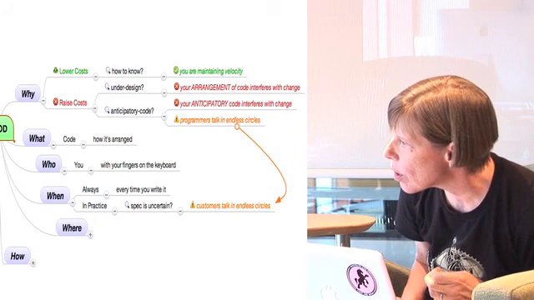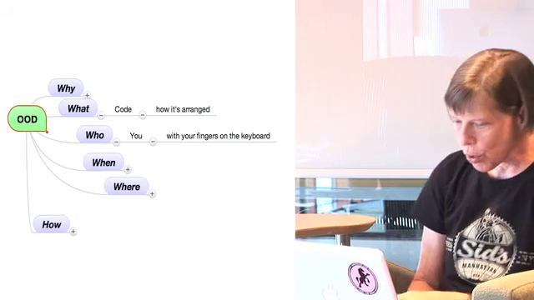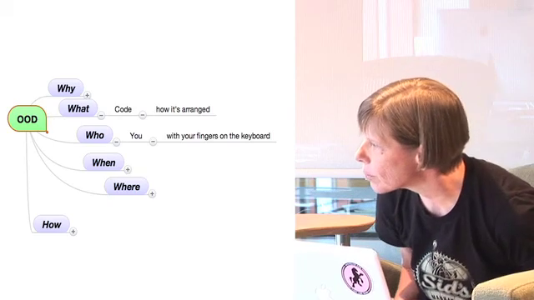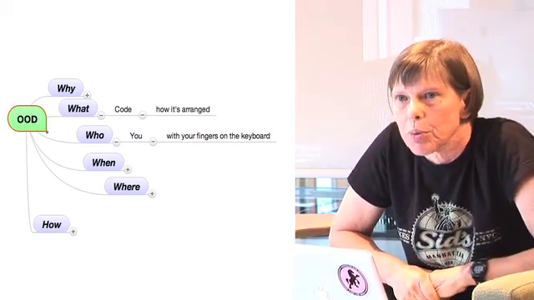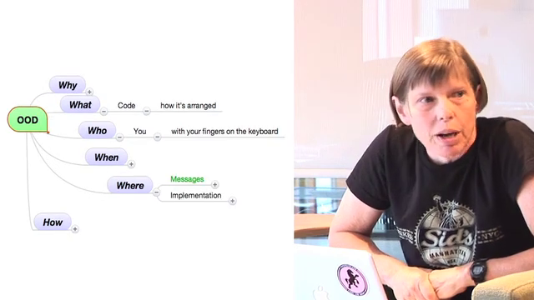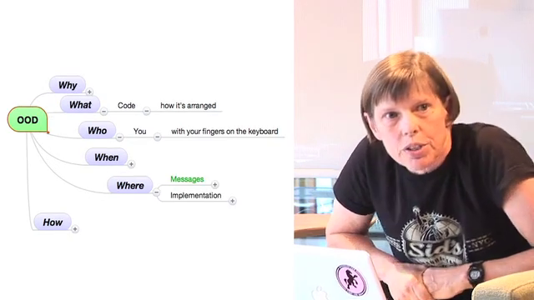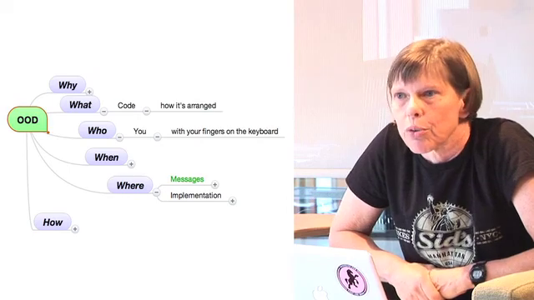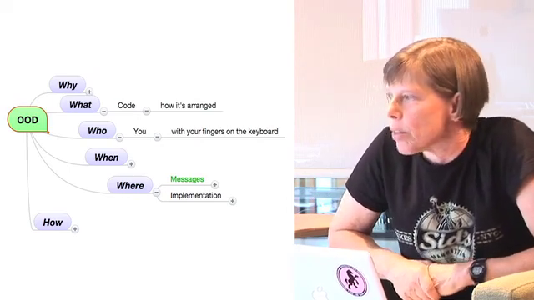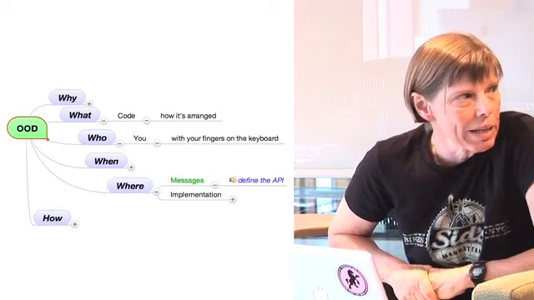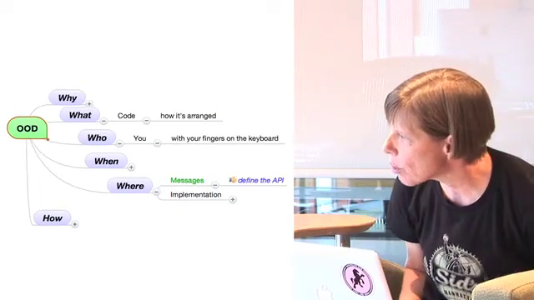So now, where should you put your design focus? Object-oriented design is about the messages that pass between objects, not about the objects themselves. The conversations we've had this morning have been about what is the role, what is the API. And so your goal is to think about design in terms of the pattern of messages, not in terms of